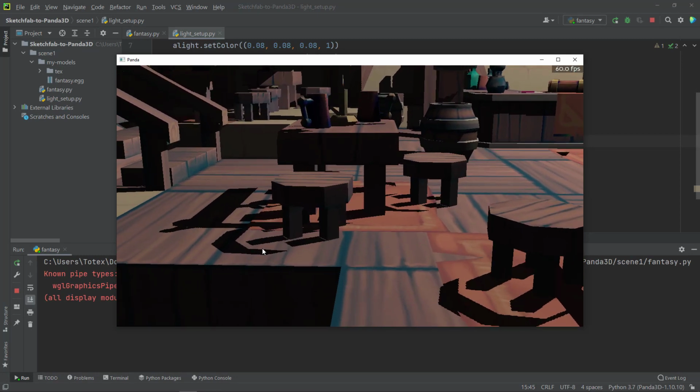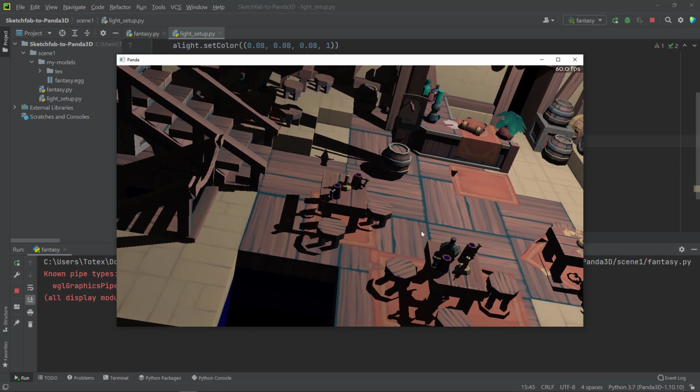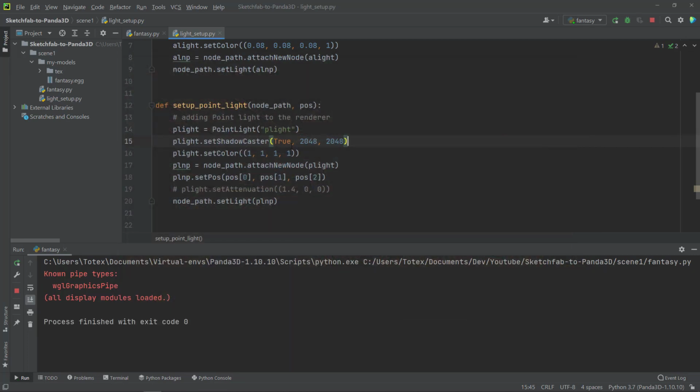As you can see, there are still these gaps, and also here. So I don't know what the solution is for this. So I'm just going to change this back to 1024 by 1024,